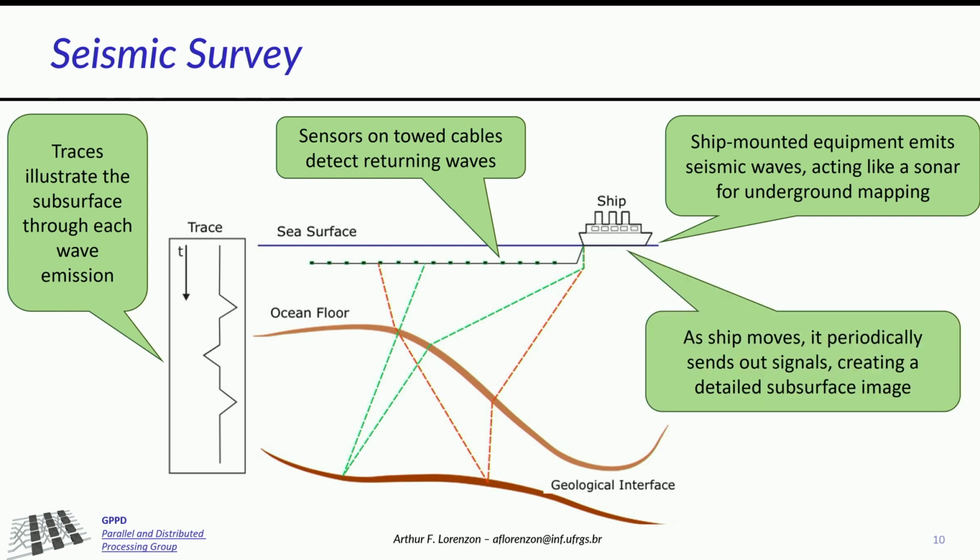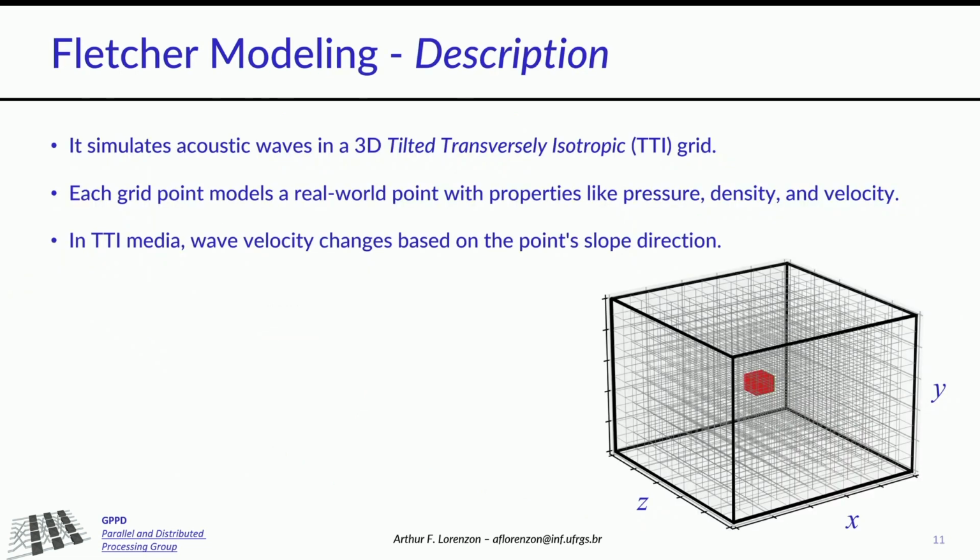And as the ship moves, it can periodically emit seismic waves so we can have the full underground mapping. So what does the Fletcher modeling do? Well, it simulates this kind of waves, acoustic waves, in a 3D TTI grid. And each point of this grid models a real-world point with properties like pressure, direction, density, velocity, and